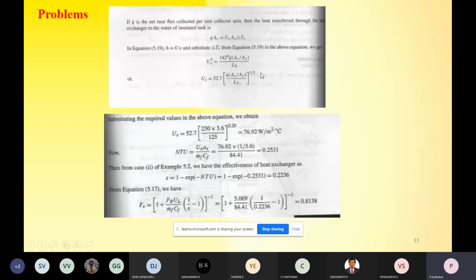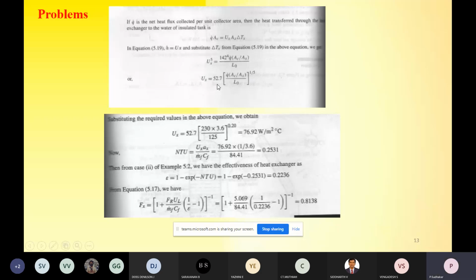When you write this equation and see the mathematical steps, you can understand as I narrated. So this will be easier only when you think over it, you can get it. So this is the equation for Ux for this particular problem.